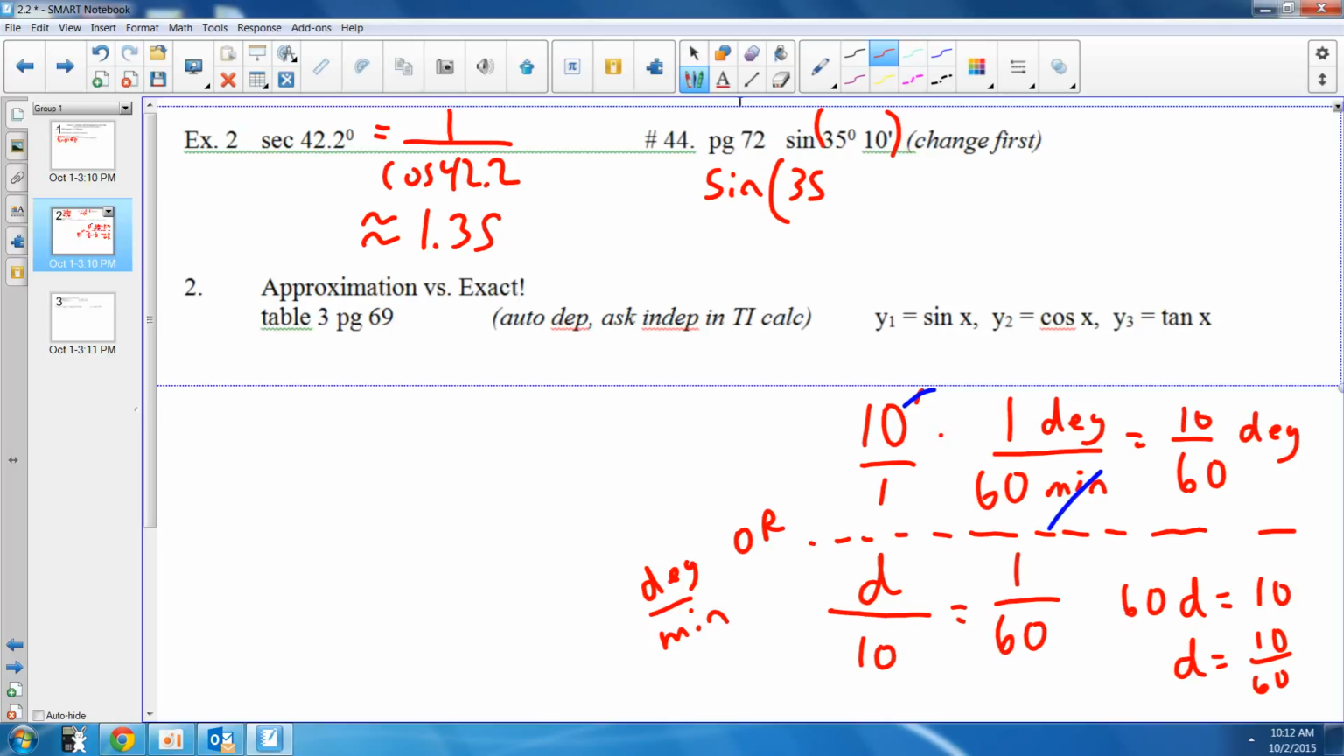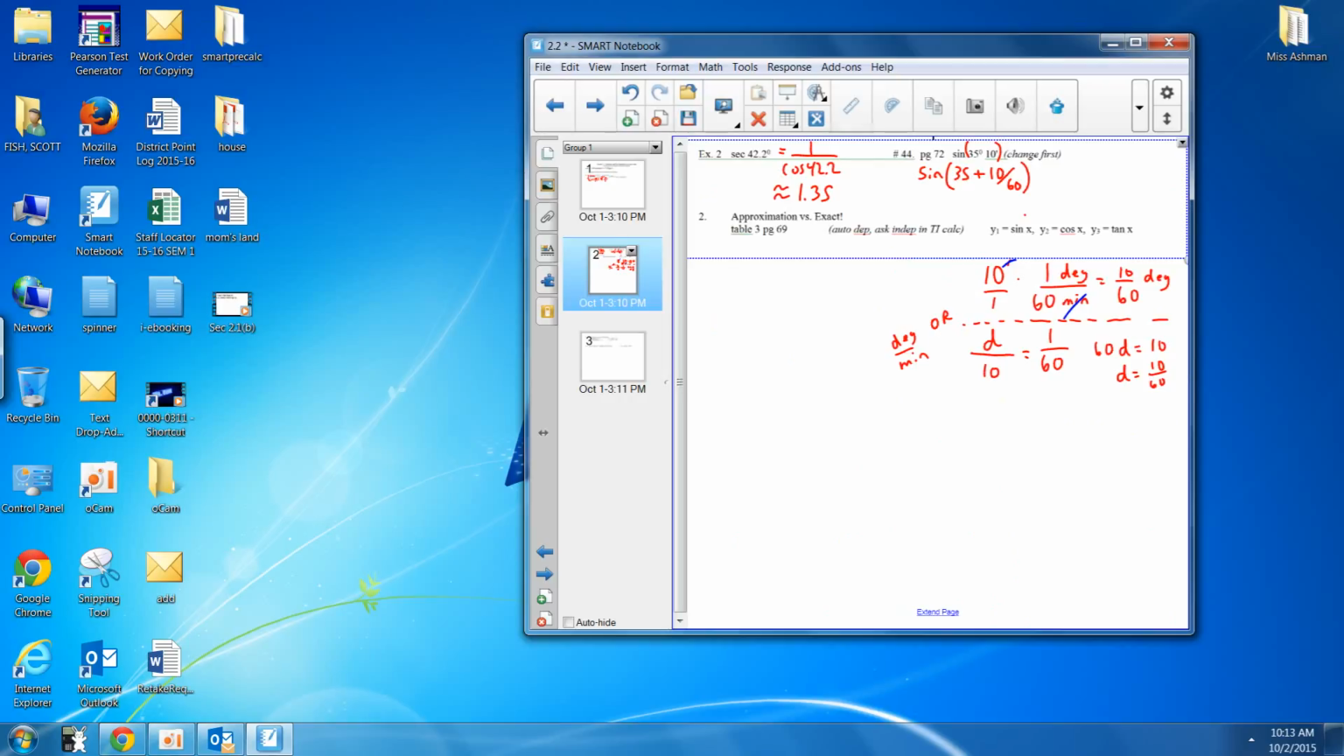So back to this problem 44, the question is, what's the sine of 35 degrees, 10 minutes? I want to convert the 10 minutes, so what I can do is just say plus 10 divided by 60, and plug that whole thing into my calculator and let the calculator figure that out at the same time. So on your calculators, you just put in sine 35 plus 10 divided by 60. If I were to do that on the calculator,